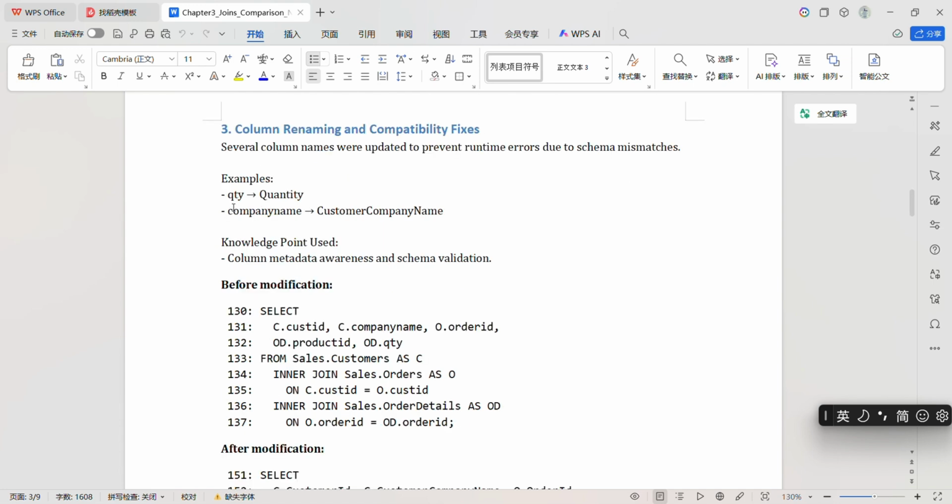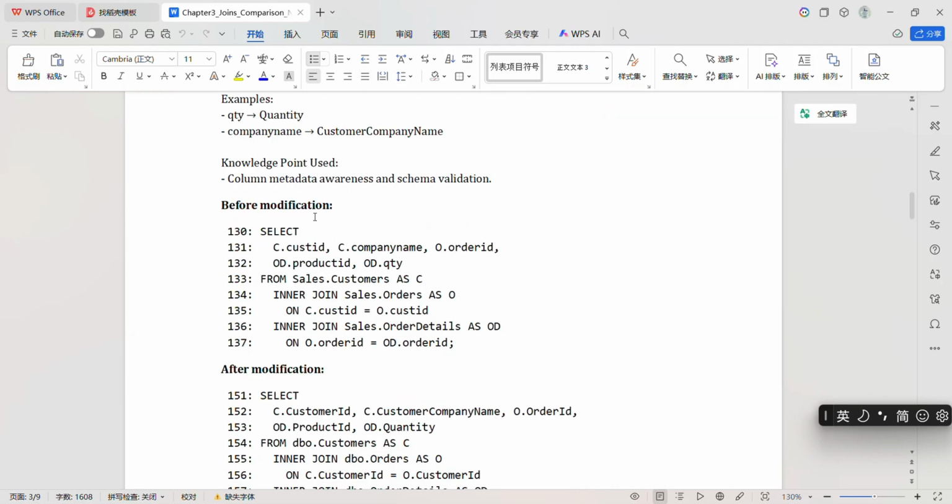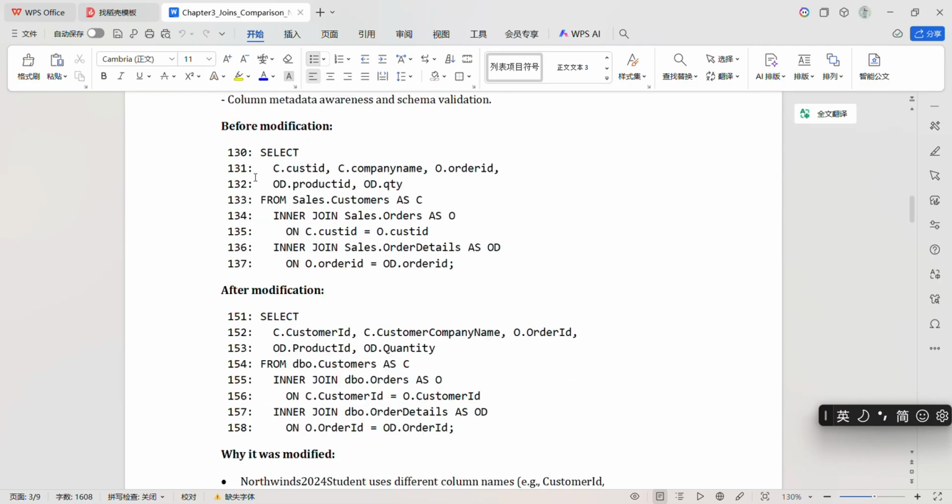Example: qty to quantity, company name to customer company name. Knowledge point, column metadata awareness and schema validation. Before modification, and after modification,